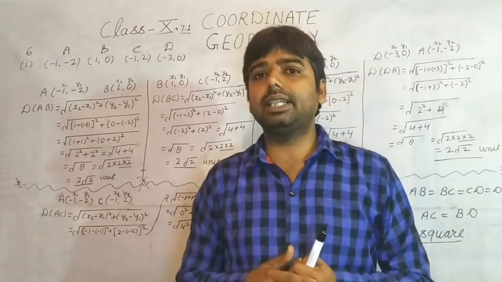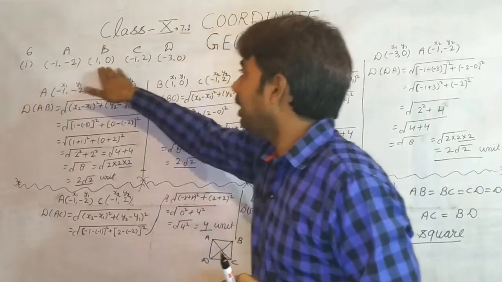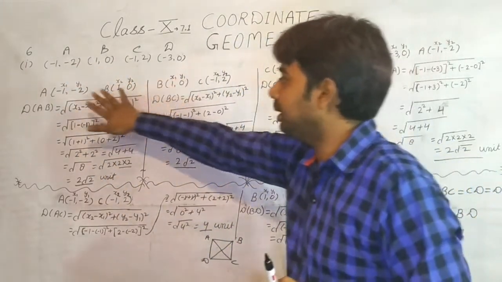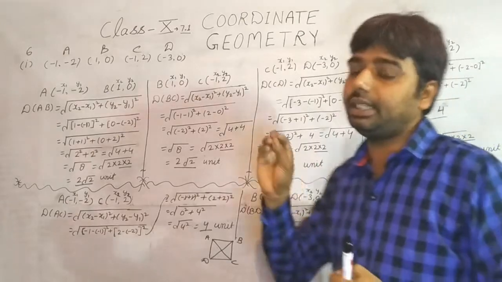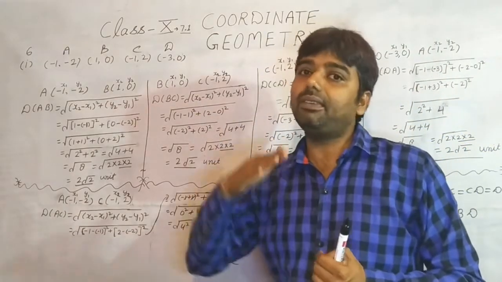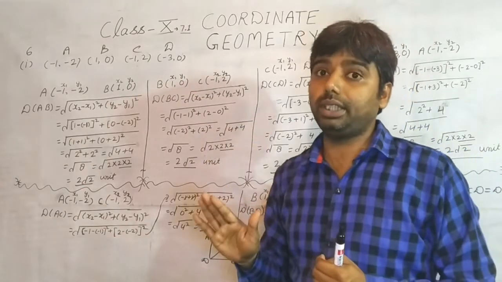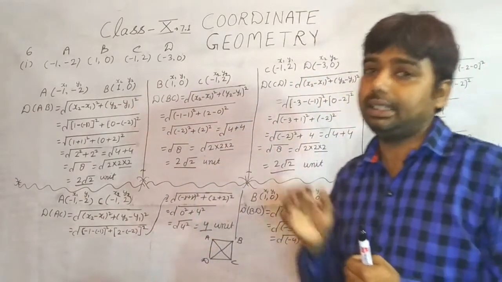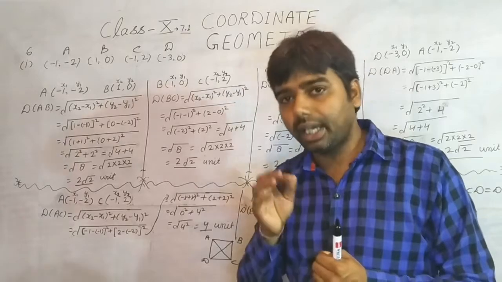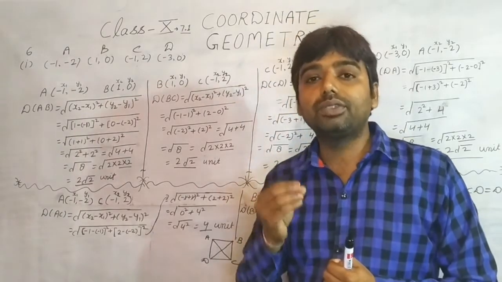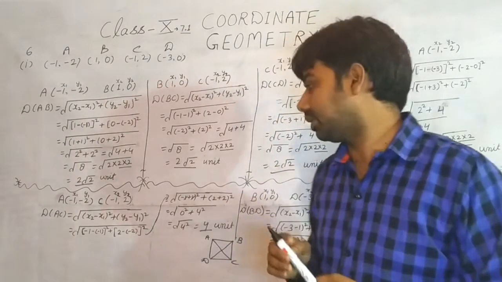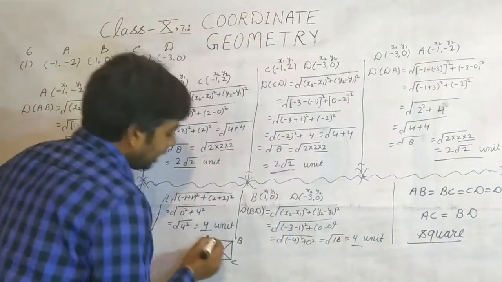If we are asked whether these 4 points make a rhombus, then we can say yes, it is making a rhombus. But if someone says it is a square, then I cannot say so up to now. For this, I have to know the length of the diagonals. Let us go forward.